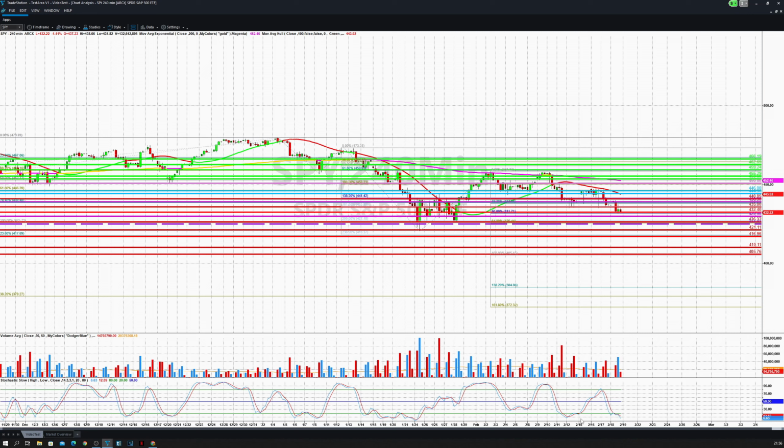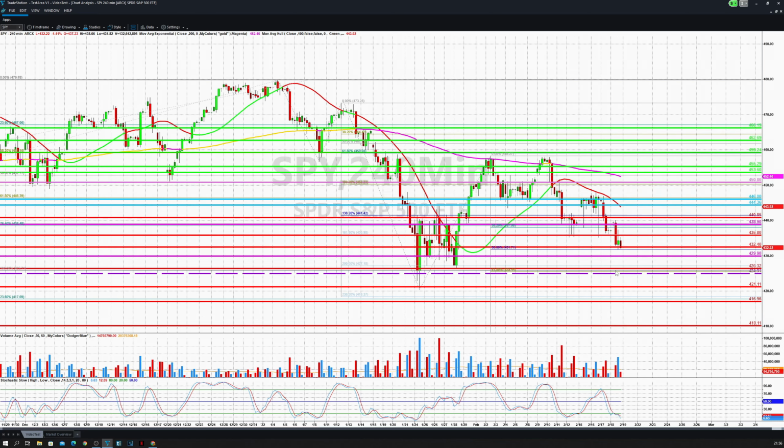Where is the momentum? Momentum managed to break, let's see, 807, I think, yes, it broke. So again, no divergence, which means continuation. It also broke the key level. My key level is the